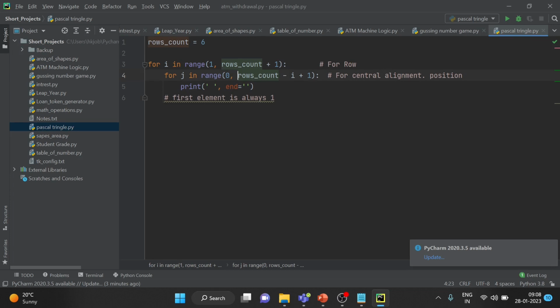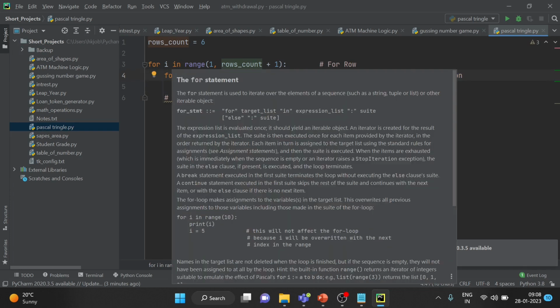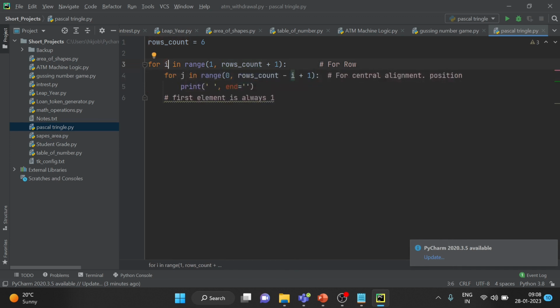So here I am taking i, the current or ongoing number of the row. From i I will take plus 1, and then I will add some space. I am adding the space, as you can see here, and I am not breaking the line either. The end is for holding the line break. Then I will print the number finally when we have reached that position. Our first element for the first line will always be 1, so for that I have to create a variable,